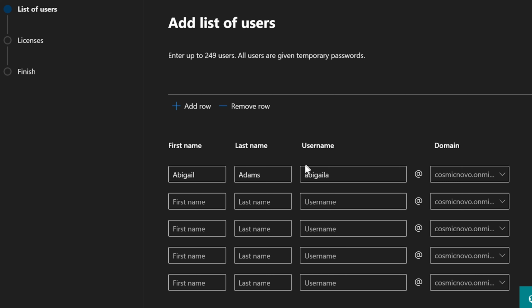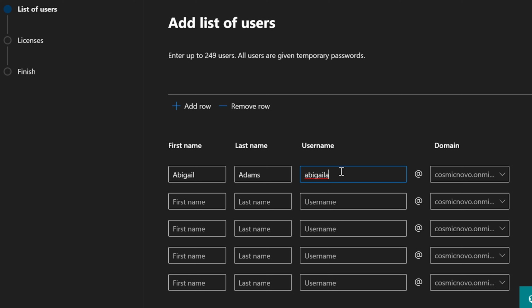That way it's just easier. You don't want to, for example, have a capital A here or anything like that, because we're talking about a username here. And in case the system is case sensitive, we don't want to break the system. So it's always good to keep the same format. So let's do abigail a. And if there is another abigail a,